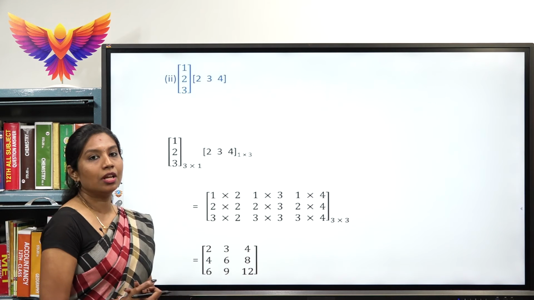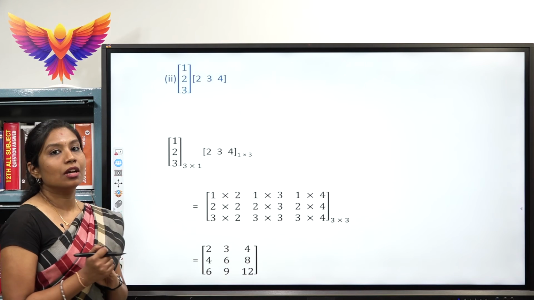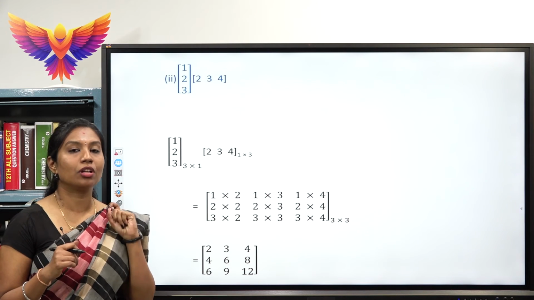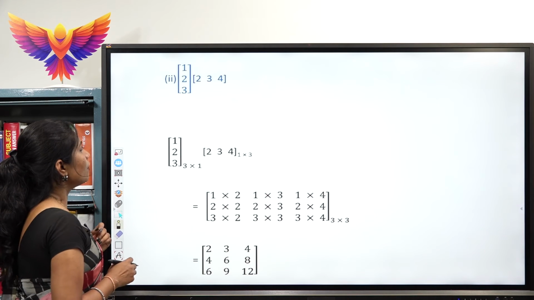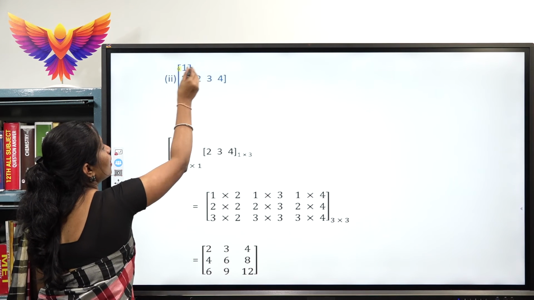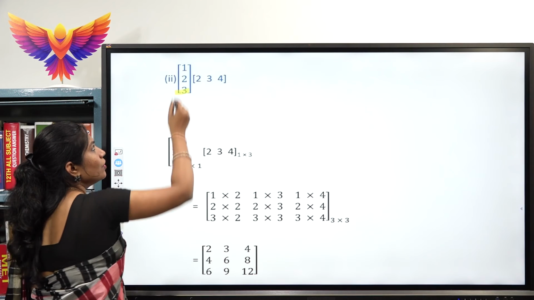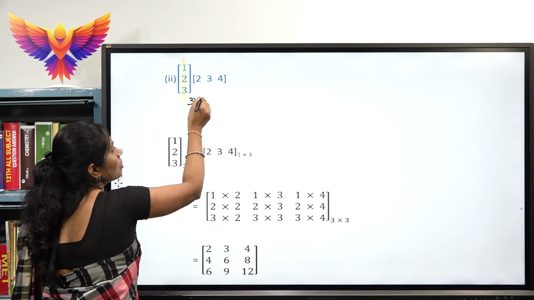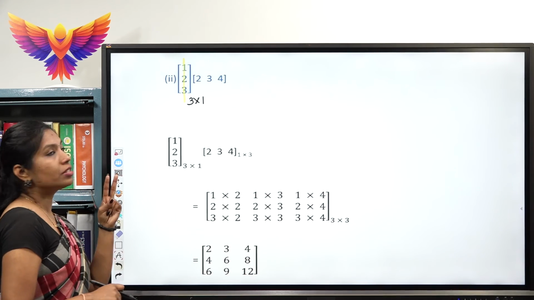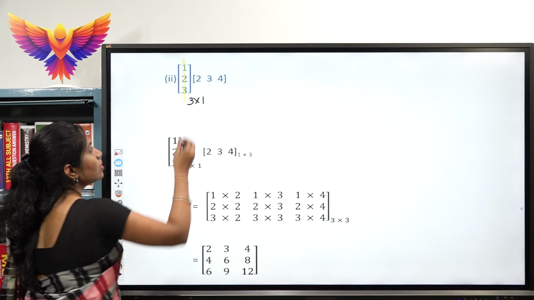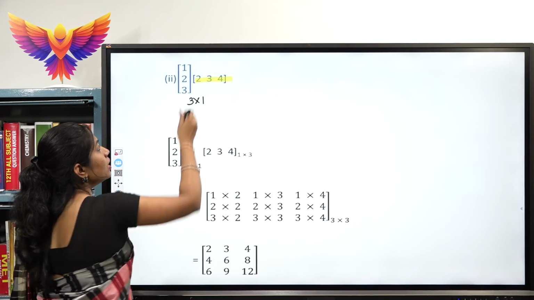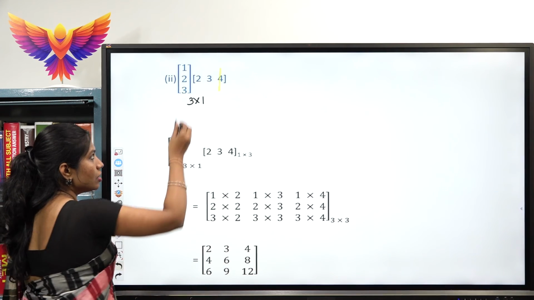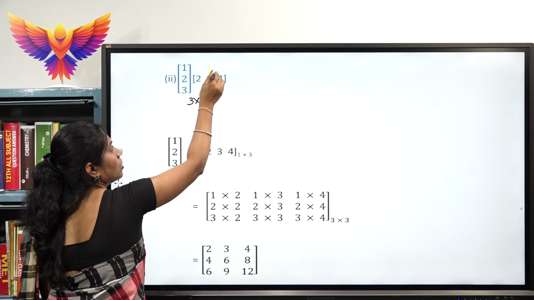Look into this question. We have two different matrices which need to be multiplied. So, first thing is we need to check for the order of a matrix here again. So, I have a matrix, clearly we can see that I have 3 different rows and I have a single column, right. So, this matrix can be written as 3 cross 1. But when it comes to the second matrix which I have to multiply here, I have a single row, I have 3 different columns. Please listen carefully, students. We have a single row here and we have 3 different columns.